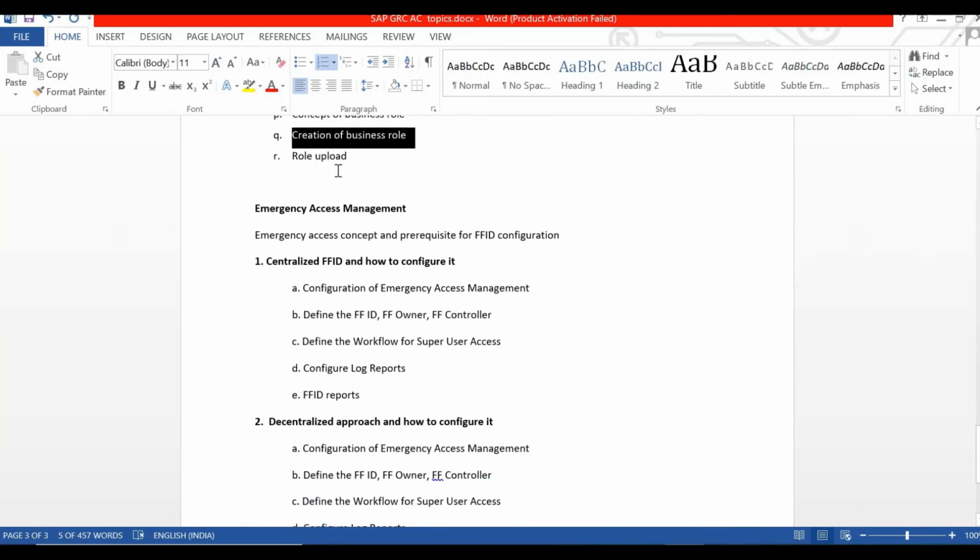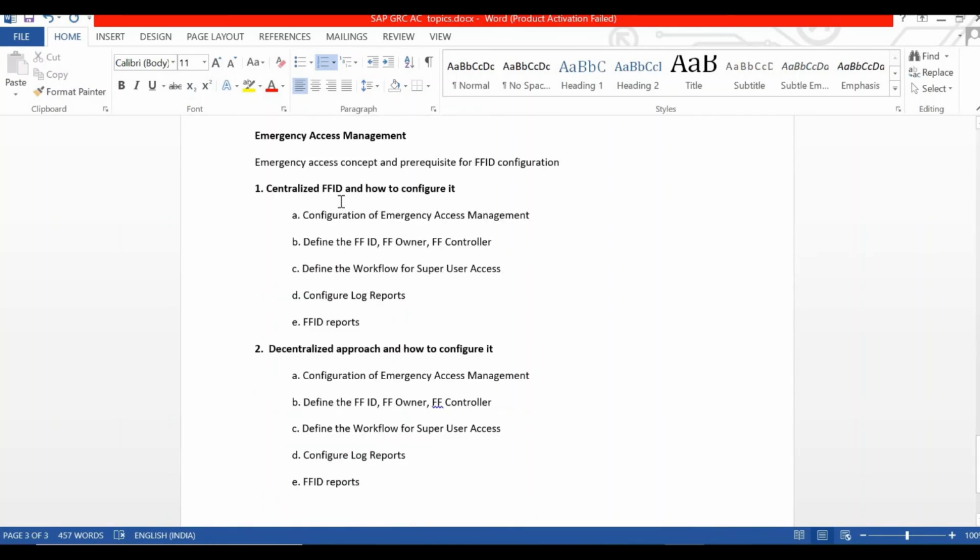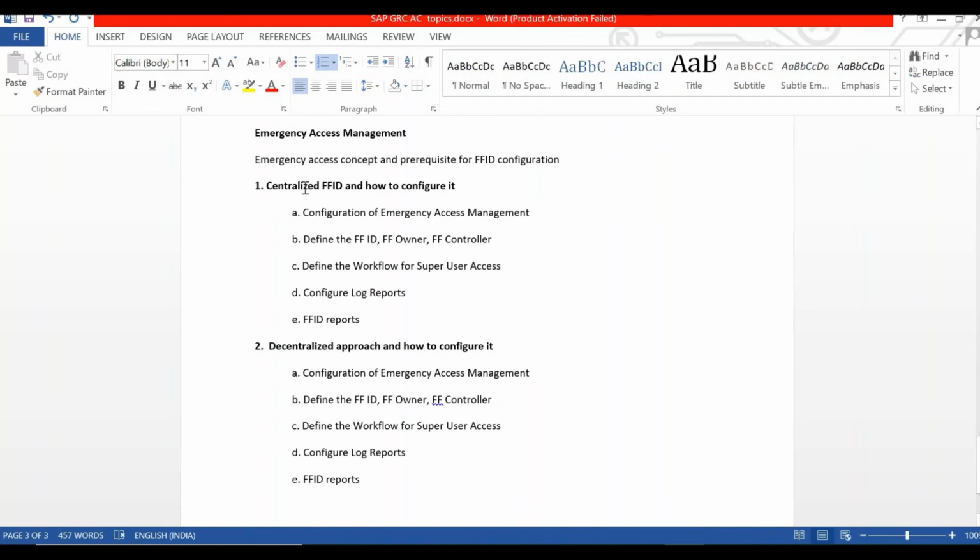And then the role upload is also there. Similarly, for emergency access there are two approaches, centralized and decentralized. So how to configure the centralized firefighter approach and how to configure the decentralized firefighter approach. In the centralized firefighter approach, we define how the firefighter access will be accessed using GRC only.